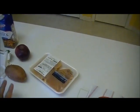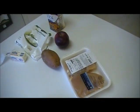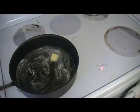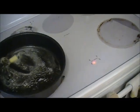Well, no, I don't have enough sweet potatoes. I got 1 more sweet potato for something else, so I'll just have to eat half an apple by myself. So let's get started. All right, I do have another sweet potato, so I'm gonna make a double batch. So I got 2 tablespoons of butter melting down in this skillet,